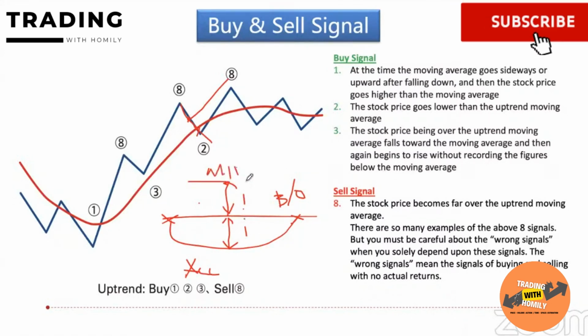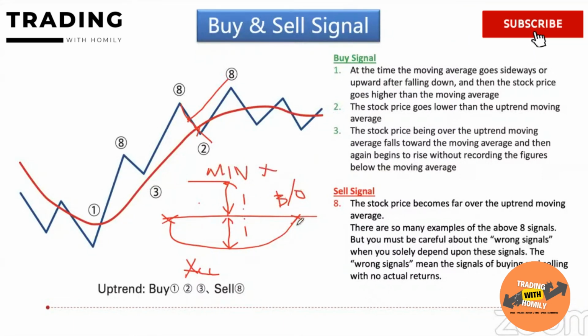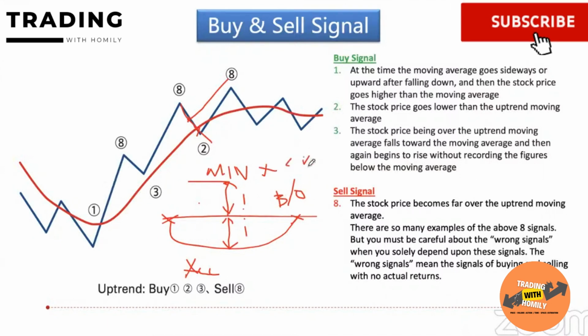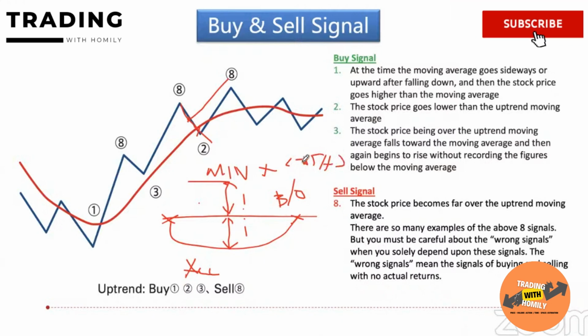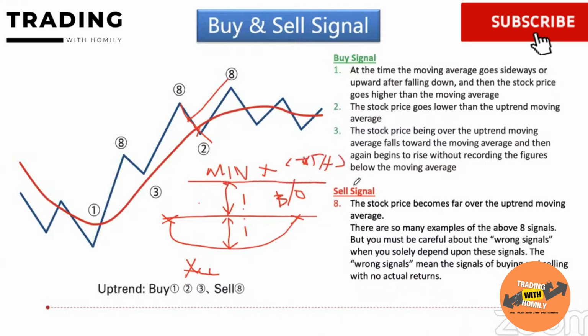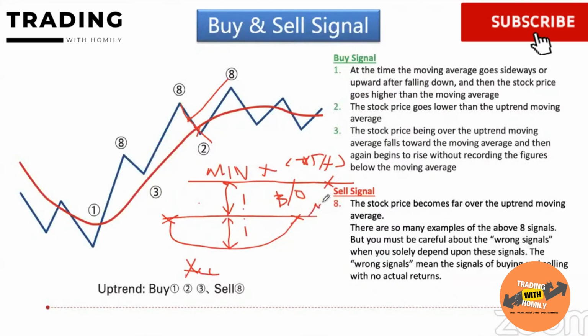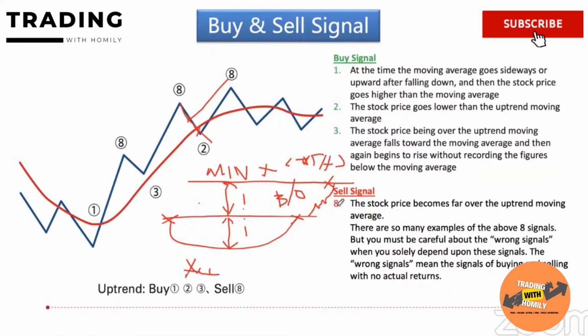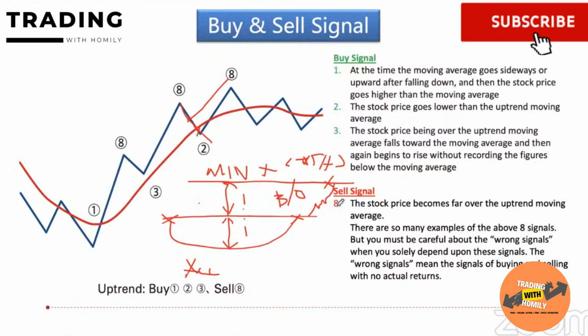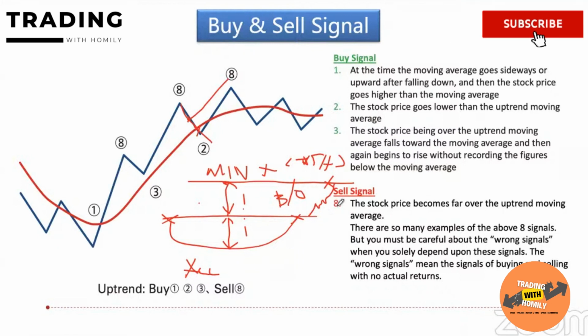So let's say this is your minimum target price, and over here there's no prior resistance or whatever it is. Then this will be your new all-time high, ATH. Sorry, my writing not so nice. Ugly. Bear with me on this. So when it reaches over here, you notice that, hey, target met. So as the price goes up and down, up and down, you know your target is here. So long as it doesn't break a certain moving average, which is your level of compromise. Let's say, for example, you use Homely Rainbow. So long as it doesn't cross the last yellow line, I'm okay to hold all the way until the minimum